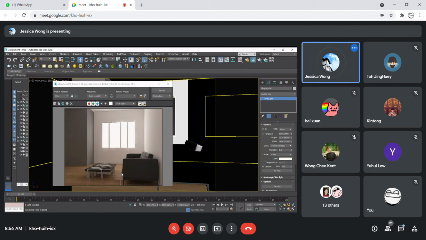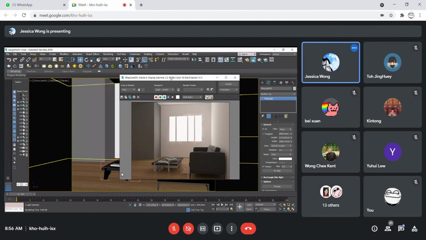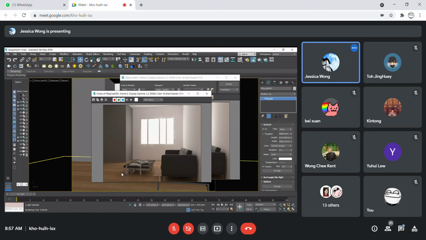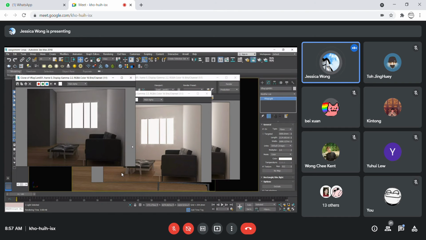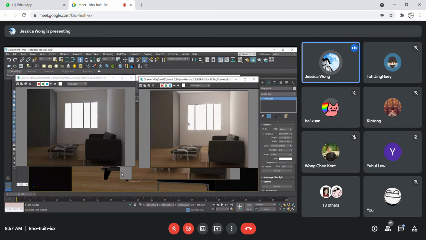So you can see, this is before, with no lighting except the camera light. And this one is where we just put a piece of V-Ray light outside, and then you can see the